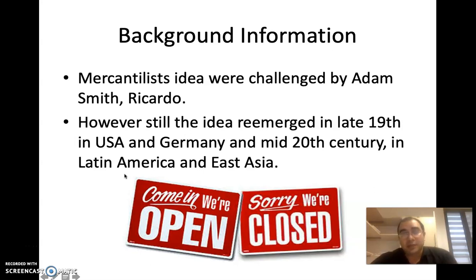Later, the mercantilist idea was recreated in the 19th century in USA and Germany, and in the mid-20th century in Latin America and East Asia. And the main idea put into the argument and developed further was the infant industry idea. Production is more efficient when you produce more of a good, but certain companies already dominate the world, like the British industrial